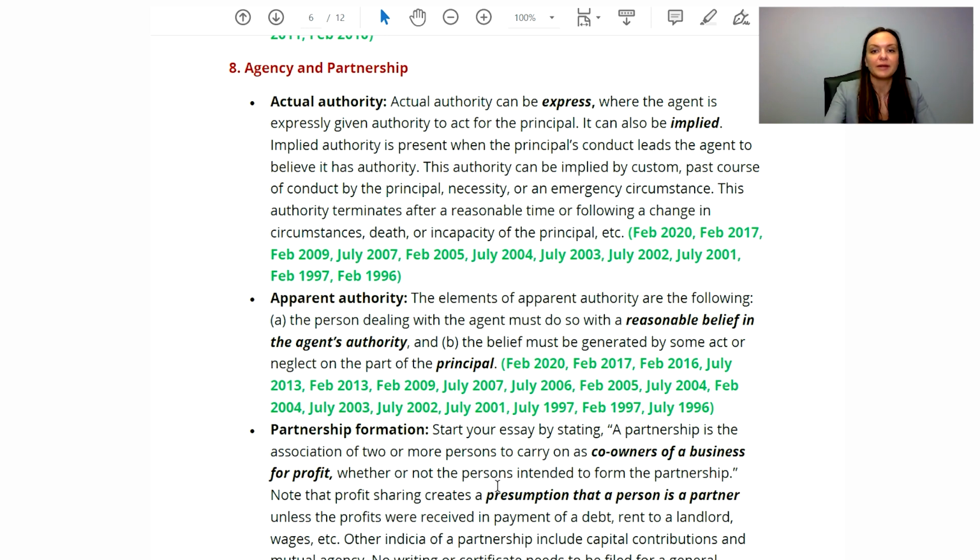The one thing I want to point out as well is you'll notice that these are often tested together. Oftentimes in the answers created by the NCBE, when they write these questions, both actual and apparent authority are applicable. So if you're noticing that a lot of these green dates match up, that is why. I find oftentimes the best way to assess whether or not a partnership, for instance, will be liable for an action taken by a partner is to first start with that actual authority assessment and then work your way through apparent authority.